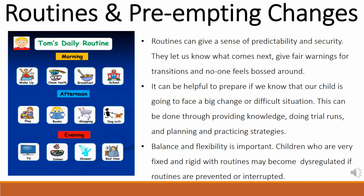Children, like us, handle change best if it is expected and occurs in the context of a familiar routine. A predictable routine allows children to feel safe and to develop a sense of mastery. They know what comes next. They get fair warnings about transitions and no one feels bossed around. This safety is important. Remember that we have learned that when our brain perceives itself to be in danger, this may lead us to flip our lid or to move into the red zone